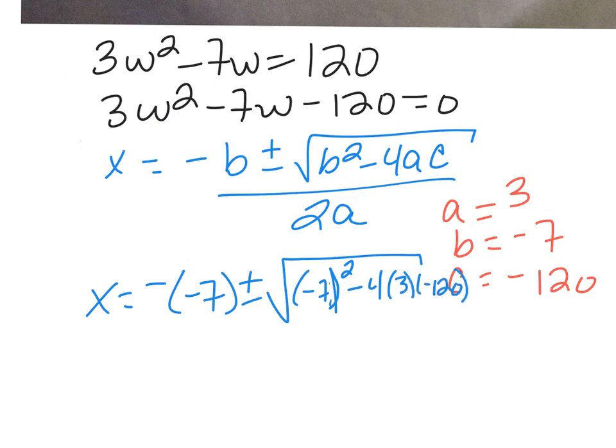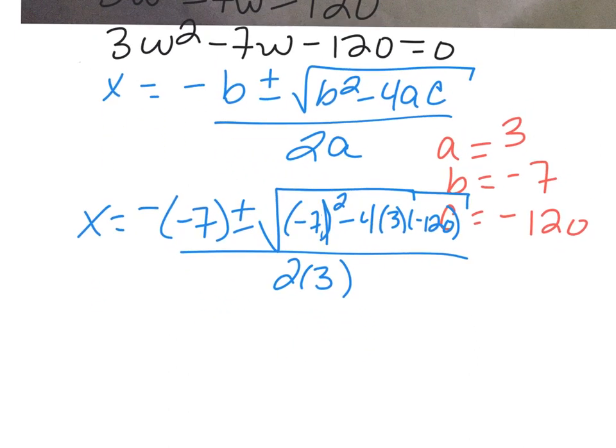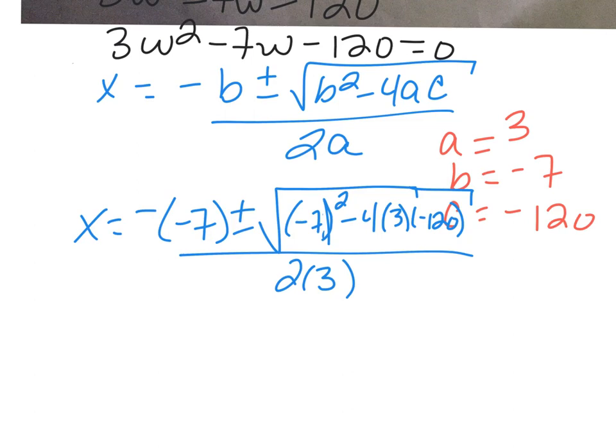Maybe this is why this formula annoys me. I never make that long enough, and it gets all messy on me. So 2 times 3. Okay, let's get some more space. There we go. So x equals the opposite of negative 7, which is positive 7, plus or minus the square root of